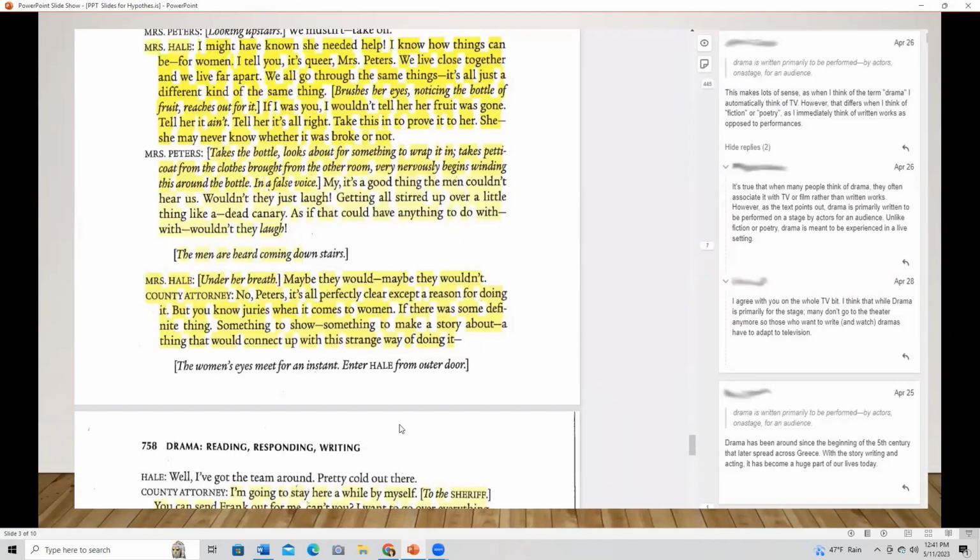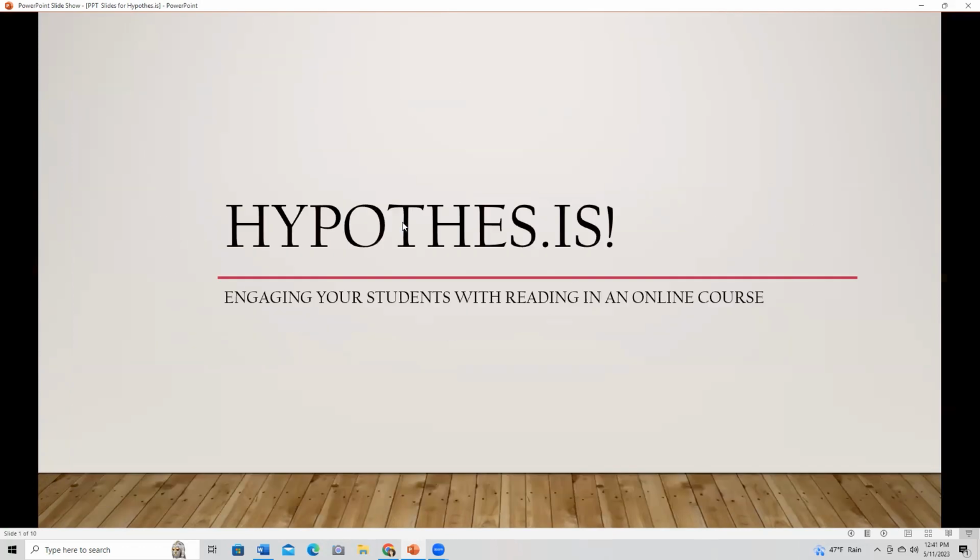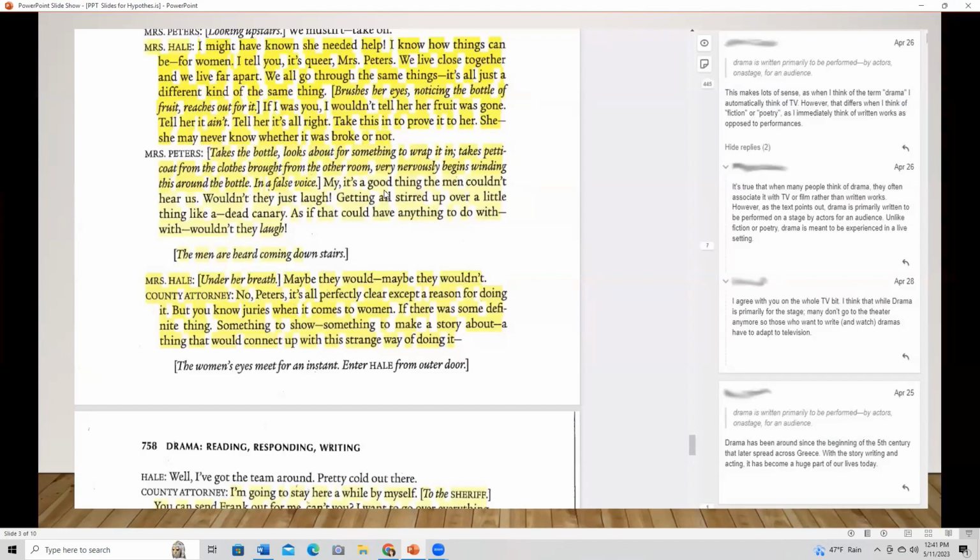Okay, so this is what a page would look like. Students were looking at a page of a play. This is something I got, and I made a copy just for this purpose. I can't remember the name of the play, silly me.